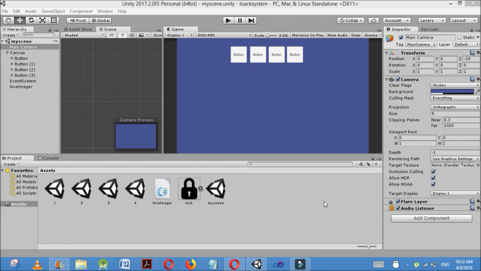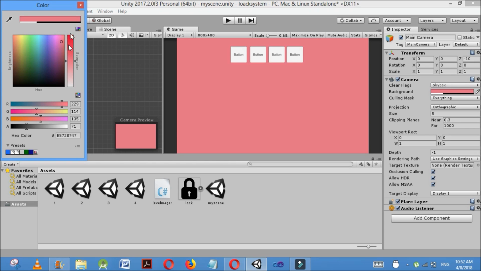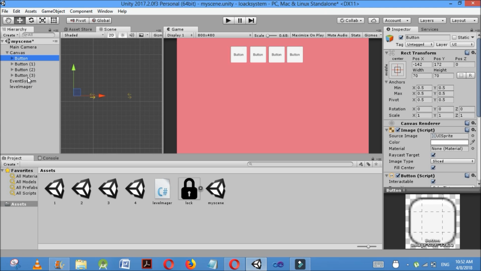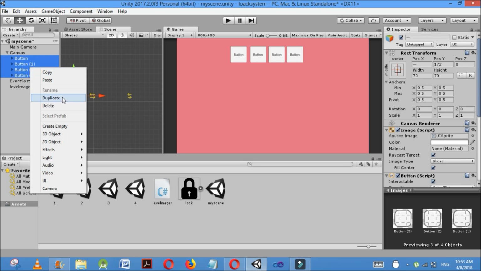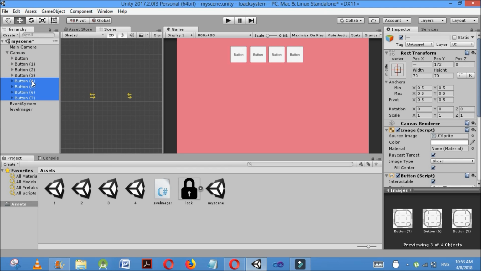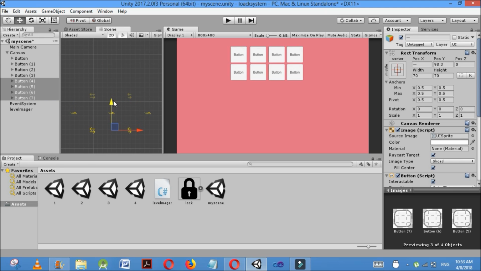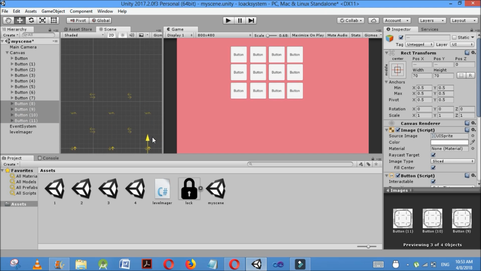Now I am going to increase some of the buttons and make this project attractive. For that I am going to change the color of the main camera, changing it to something like this. Then there are only 4 buttons. I'll make 12 buttons, so I'll select all of the buttons and duplicate them, then I'm going to change the position of the buttons, again duplicate here, then I'm changing the position of the buttons. I have got 12 buttons here, and